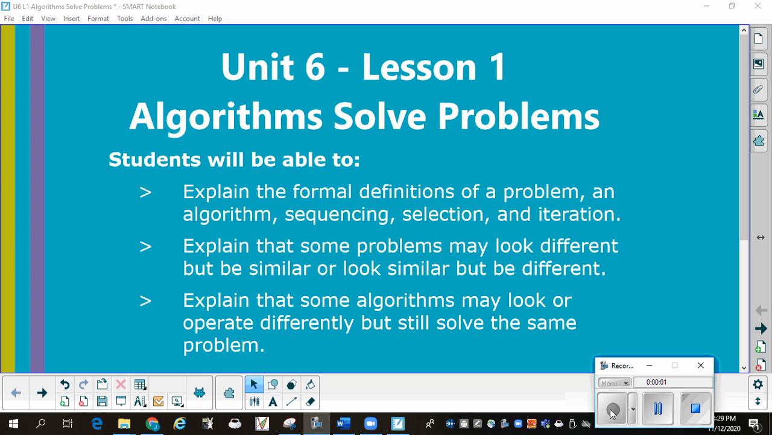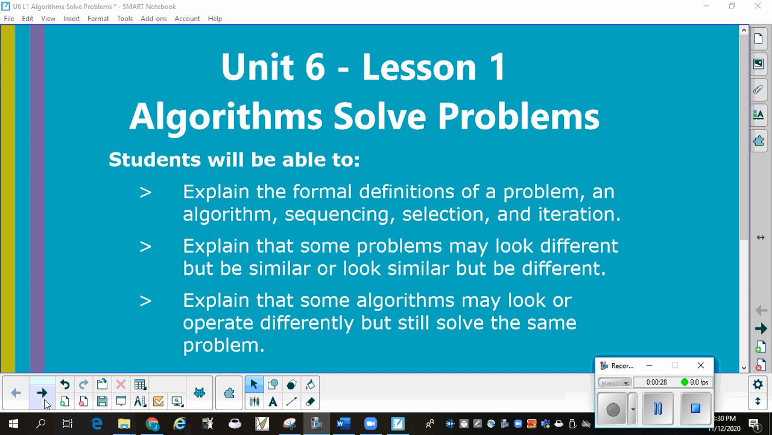Algorithms solve problems. At the conclusion of this lesson, you will be able to explain the formal definitions of a problem, an algorithm, sequencing, selection, and iteration. You will be able to explain that some problems may look different but be similar, or look similar but be different. You'll also be able to explain that some algorithms may look or operate differently, but will still solve the